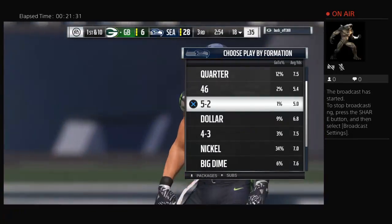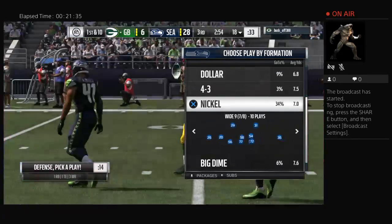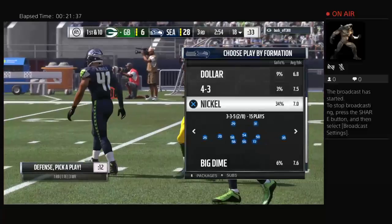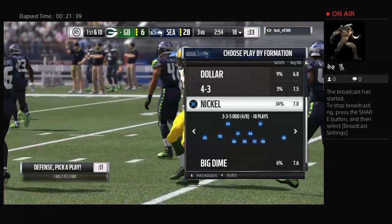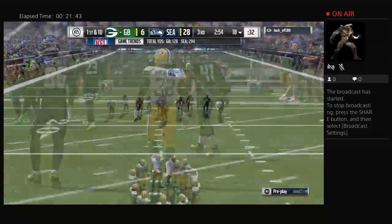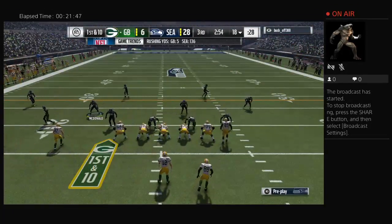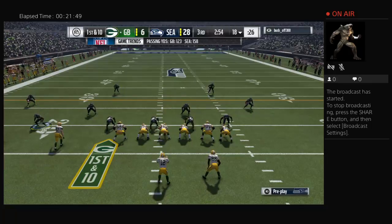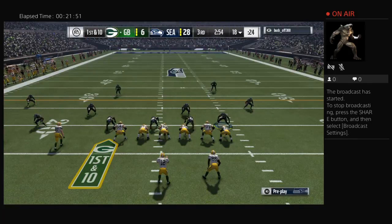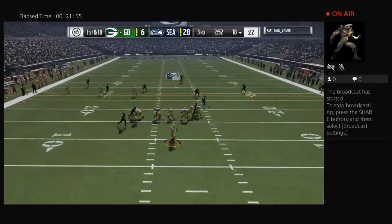So here are the Packers now. They get set for their first possession of half number 2. They're down in this game, a chance for the offense, though, to put something on the board, get some momentum here at half 2, try and get things kick-started for them. And you know at the half, they discussed how they were going to get that done. This is where scripting comes into play a lot of the time. How many plays do you script coming out of the second? Most of the time in the first half, you're scripting 12 to 16. I think in the second half, you're really scripting more like...